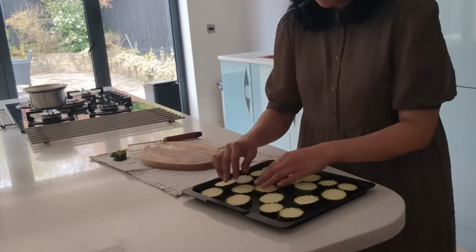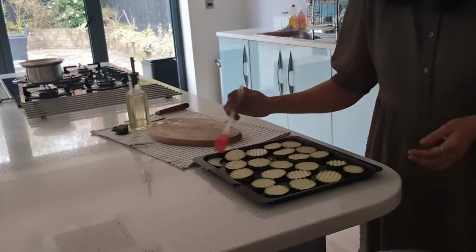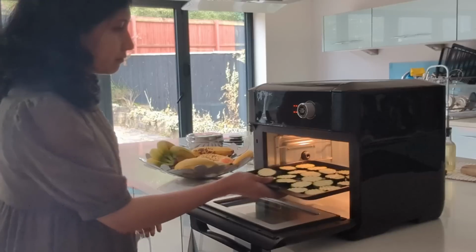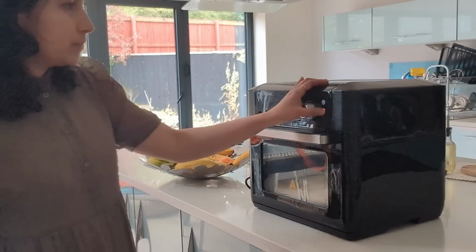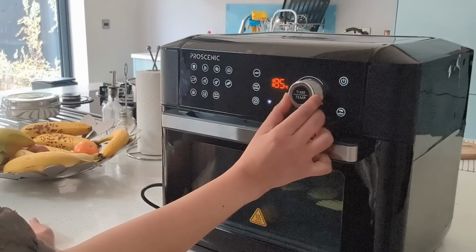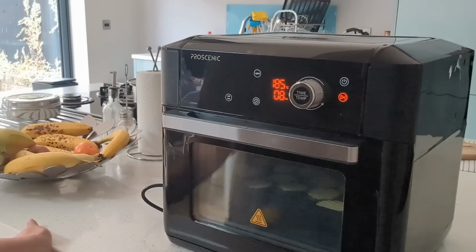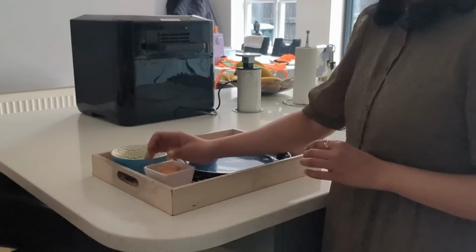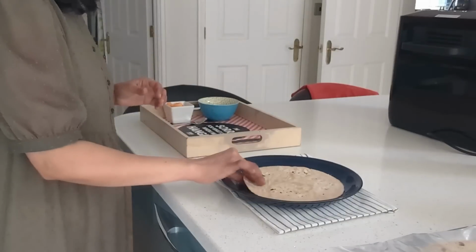Courgette, also known as zucchini, is a very tasty vegetable on its own, so just grilling them is sufficient for kids. But if it's for us, for adults, then you can add in salt and chili flakes. I grill them for 8 minutes on one side and then flip them over for 5 minutes on the other side. I have a chapati that I'm going to smear some butter on, and then a layer